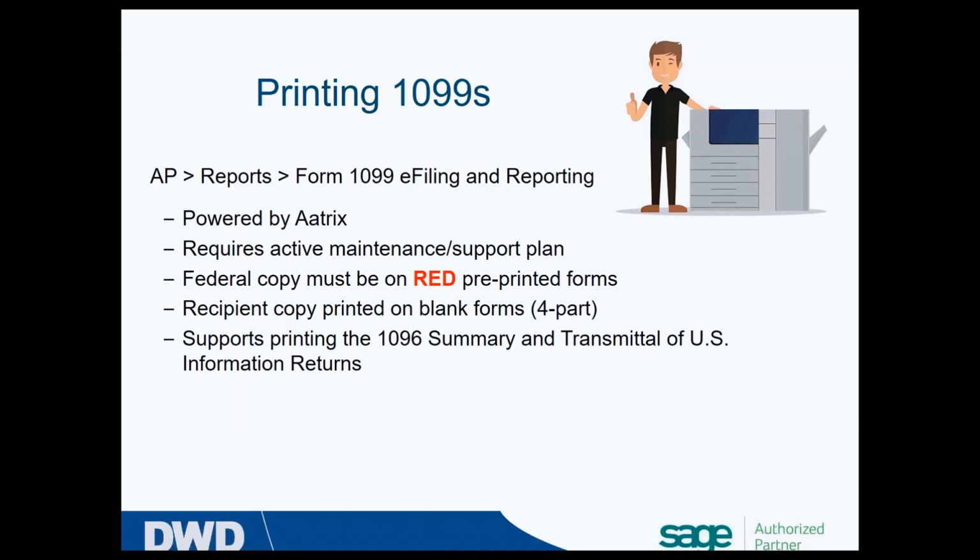because you'll get that opportunity to do that along with the federal copies. And unlike older versions of Mas 90 and Sage 100, we actually get a real copy of the 1096 to print out. In days gone by, we used to have to, oh my goodness, pull out a typewriter and typewrite or handwrite the information on the 1096s. So the Aatrix feature gives us a lot of functionality and flexibility, makes life so easy. And as far as alignment, I have yet to come across an issue where the forms are not aligned properly. So that's kind of cool.